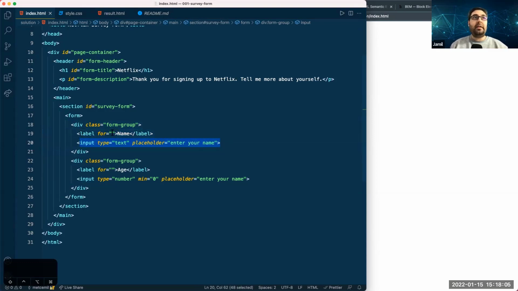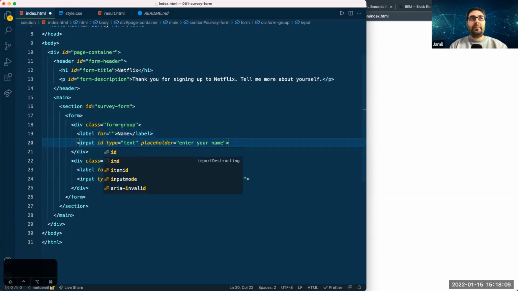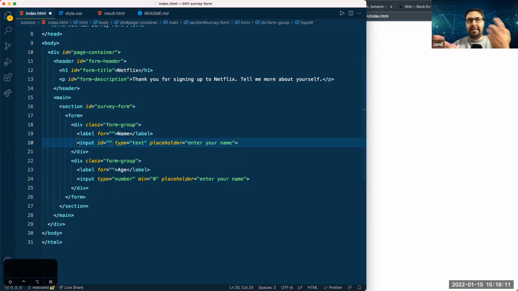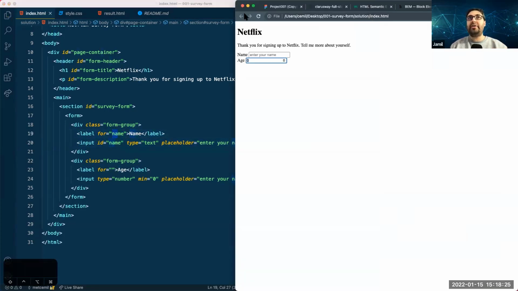So let's give an ID for this input first. Basically it's the name, so I can give name as the ID. And then I should say name for it. So there's an ID name and this label is for that. And now look at the magic. When you are using your browser,